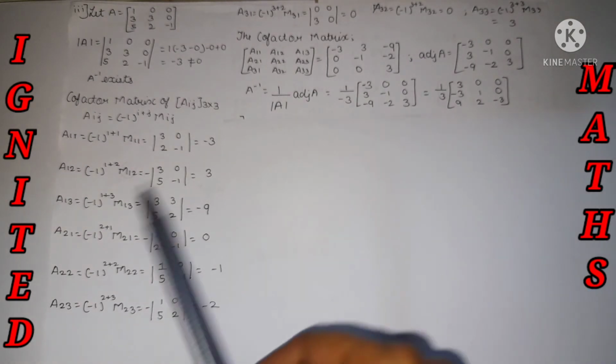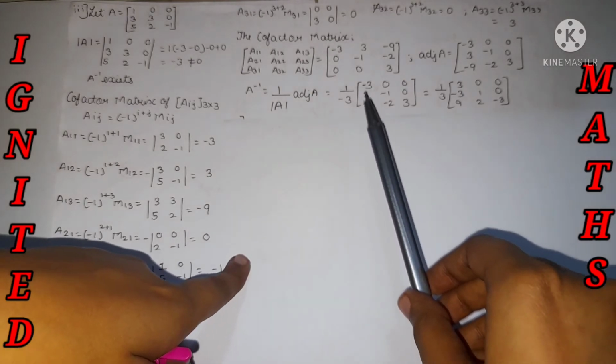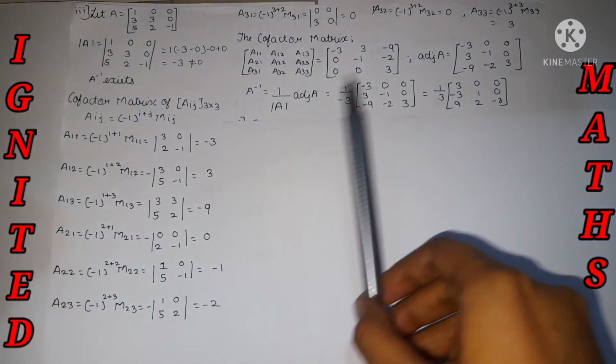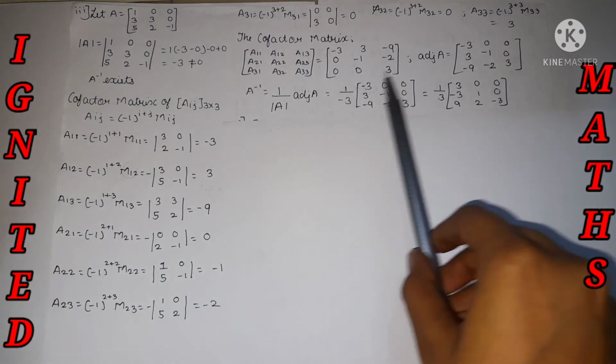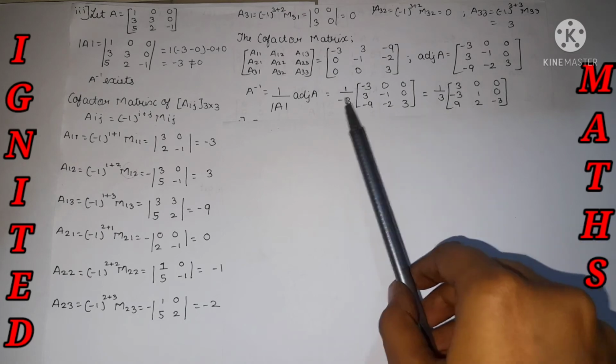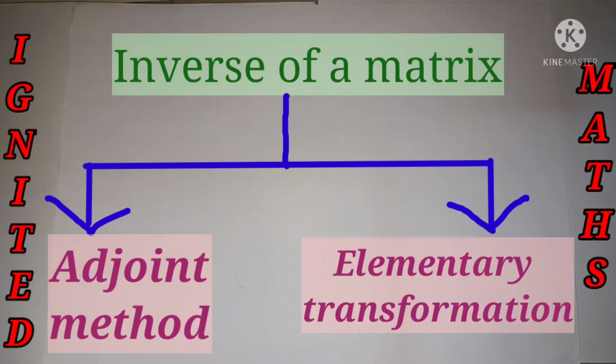But if not, then also no problem. If we keep the 1 by 3 as it is, then also no need to worry. The minus we need to subtract. This is also absolutely right, and we will be getting the perfect answer. If not, multiply by minus. Using the adjoint method, it's super easy, as we have done previously in the 11th step, just a quick recap of it.